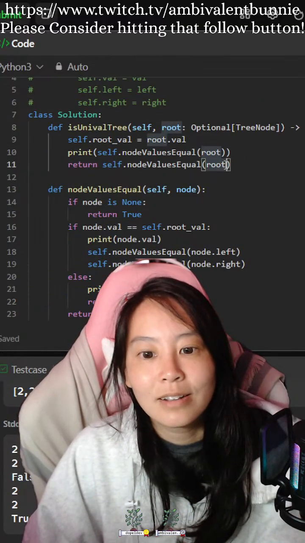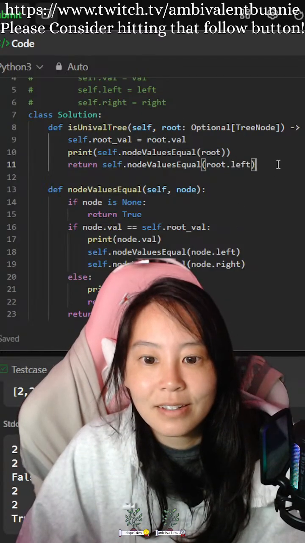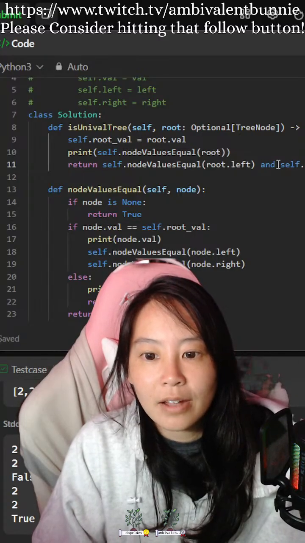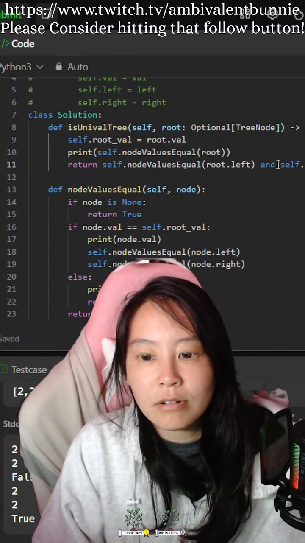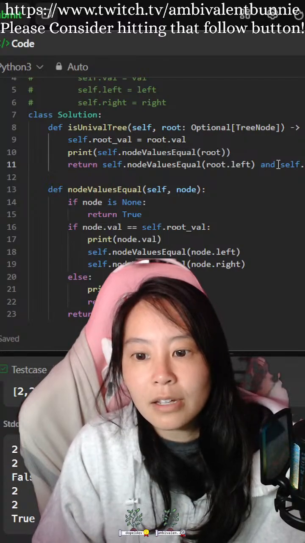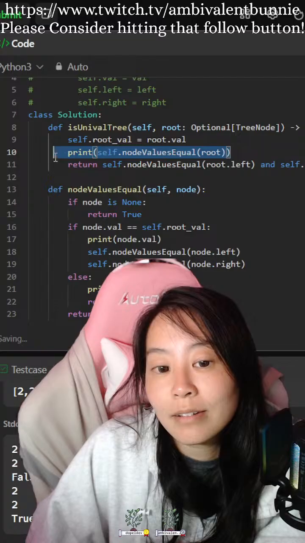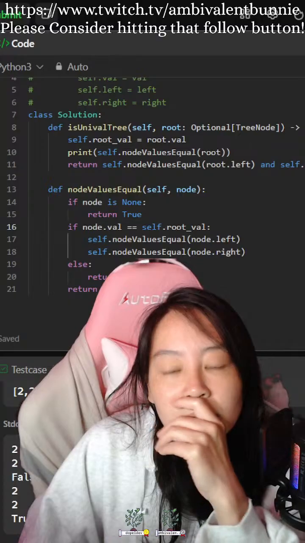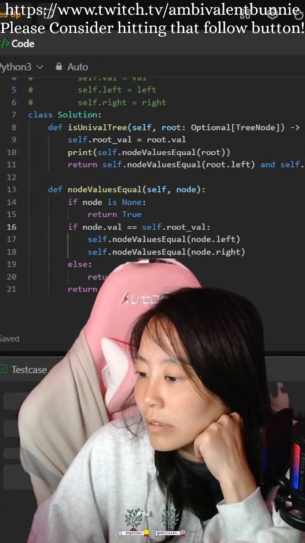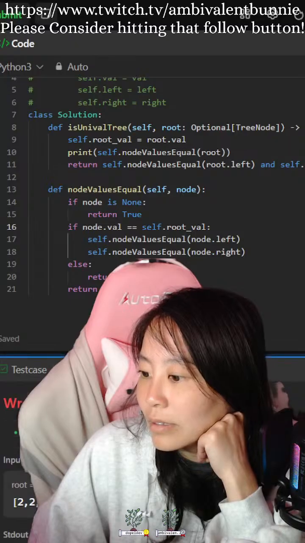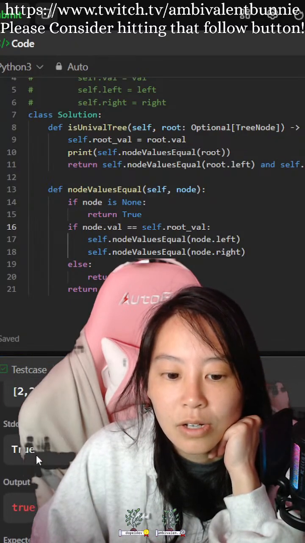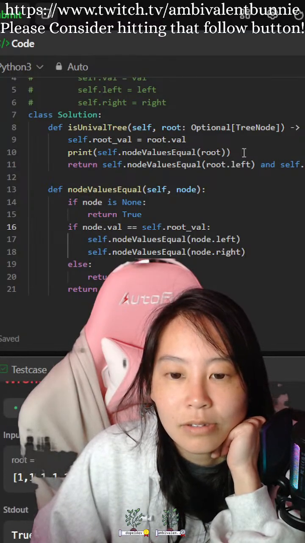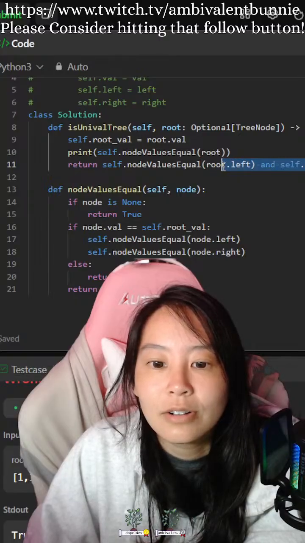Return root.left and self.nodeValuesEqual root.right. Right? Maybe? Okay, so no. Root.right.